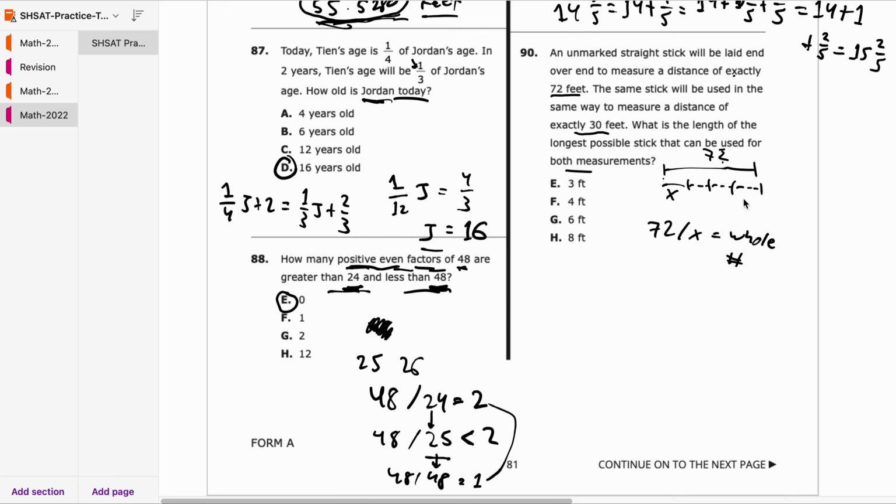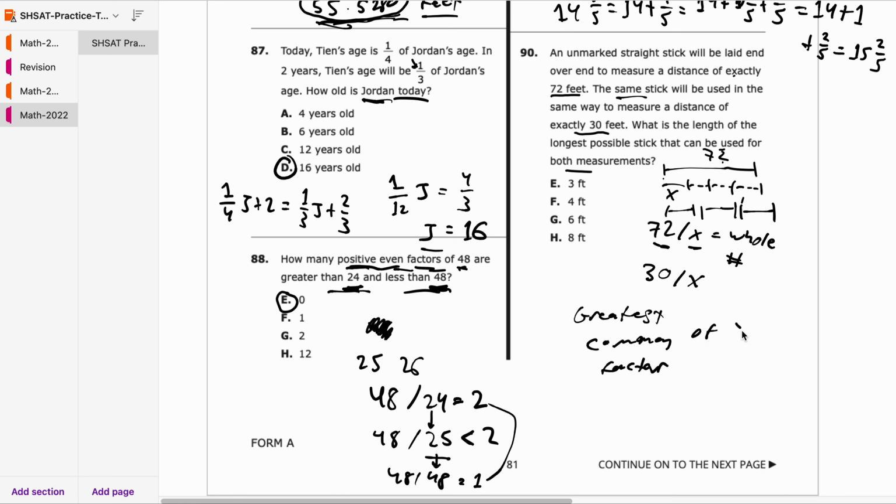In that case, let's say x is a little bit longer than that, like here, then it's going to be too long, right? And it won't be able to measure it. So x has to be a factor of 72, and x has to be a factor of 30, right? Because the same stick is being used. So we need to find basically the greatest common factor